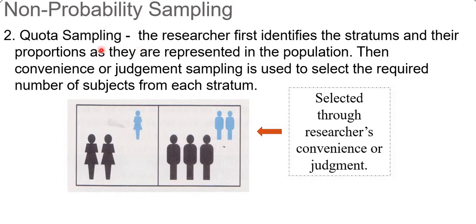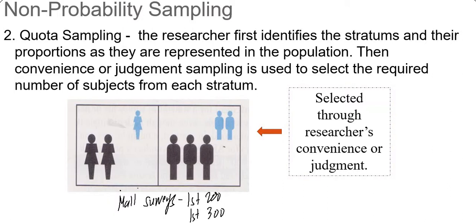Another non-probability sampling is quota sampling. So we identify the stratums and their proportions, and then convenience or judgment sampling is used to select the required number of subjects for each stratum. For example, the most famous example of quota sampling would be the people who stand in front of malls. Mall surveys. Usually, they would look for the first 200 customers, first 300 customers,